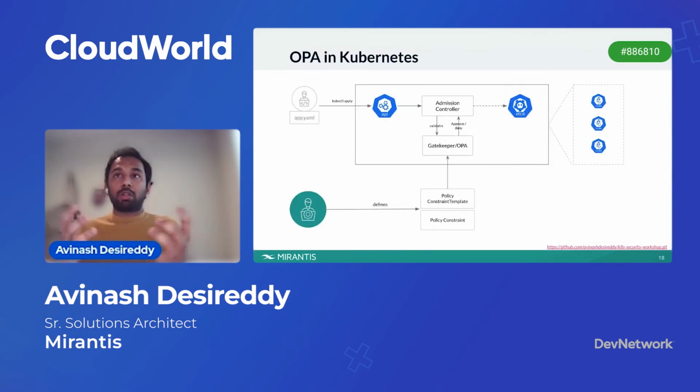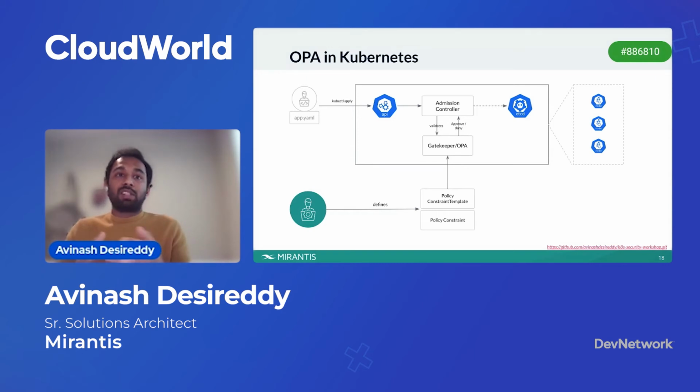So how does it all work? We are talking about policies, and about intercepting user requests and then denying or allowing certain workloads. Initially, the platform engineer sets up Gatekeeper on the cluster. That means he installs the necessary components to install Gatekeeper, and then he converts the best practices documents or the generic